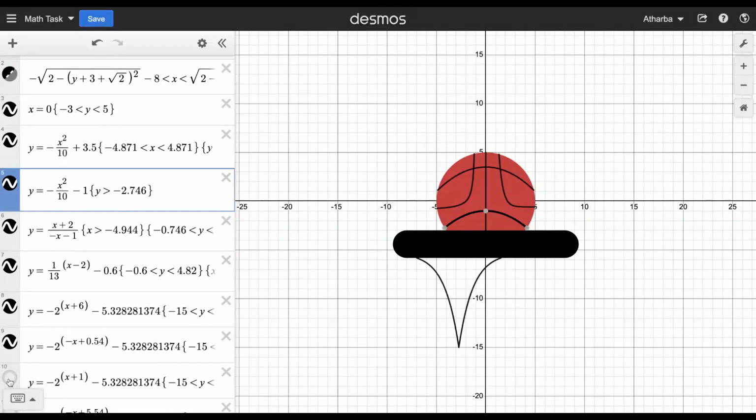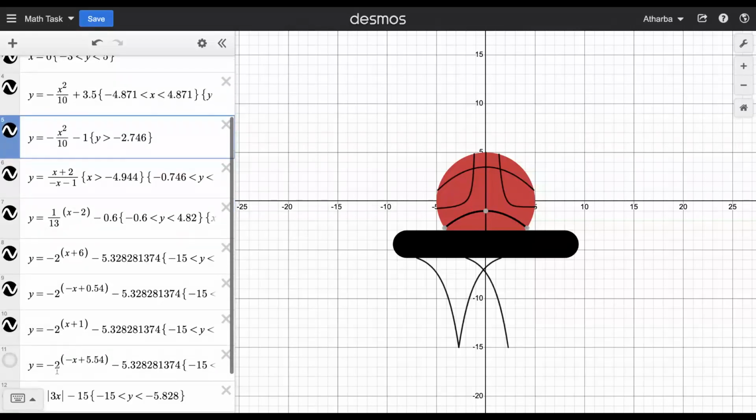The 10th equation has been translated 5 units to the right from the 8th equation and has the same limit to create exact length. To create a complementary net for the 10th equation, I have translated the 11th equation to meet at the peak of the 10th equation, similar to the other net